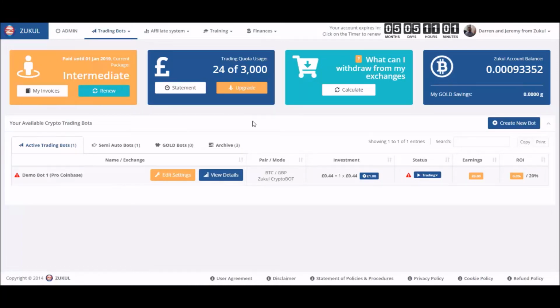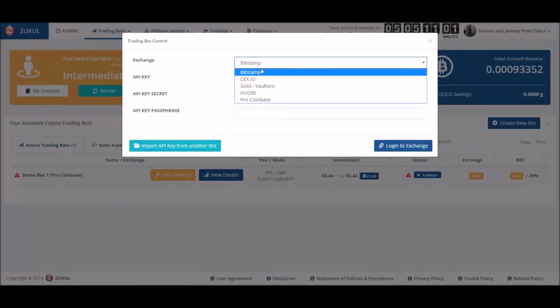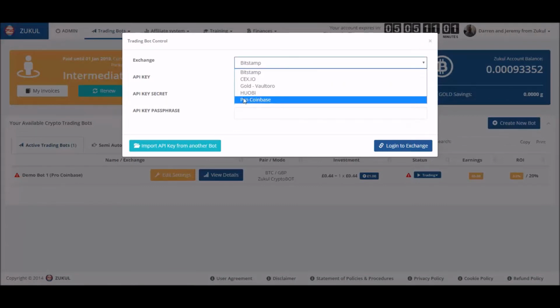So in order to connect your robot to your trading exchange, you'll need to add some API keys. In order to understand what you need, first of all you need to go to the back office of your Zukul bot, and on the dashboard come to the right hand side and click the button which says Create New Bot. And then from the drop down list of exchanges we're going to select on this occasion Coinbase Pro,